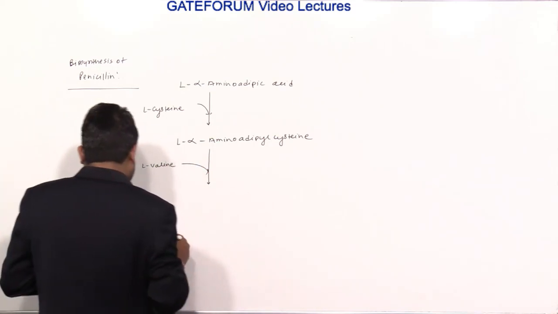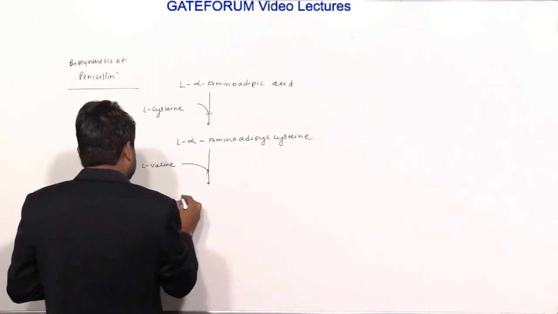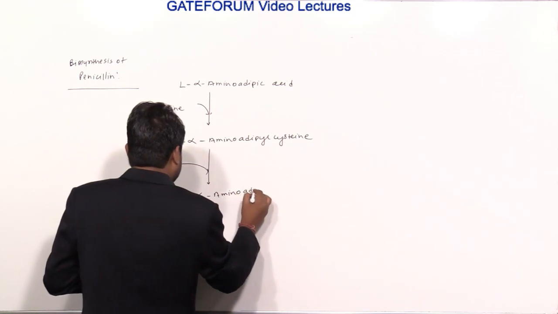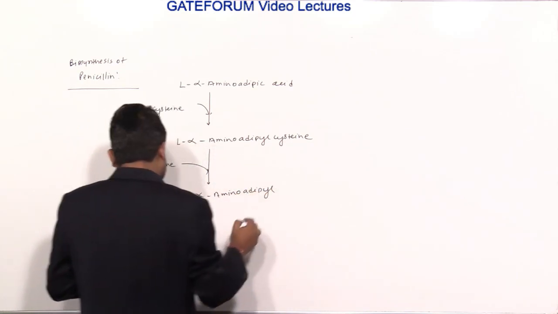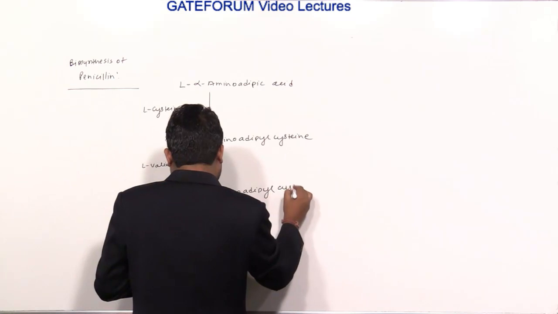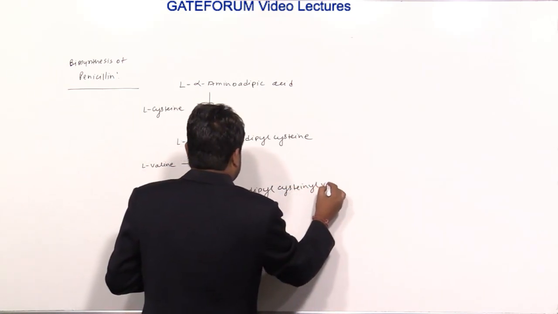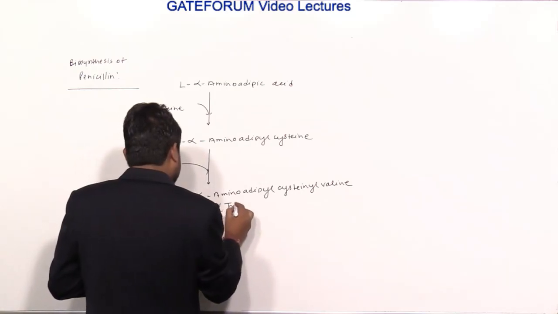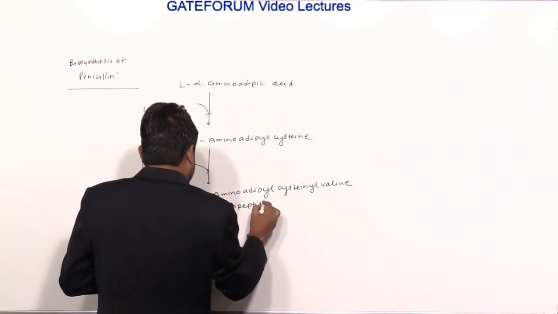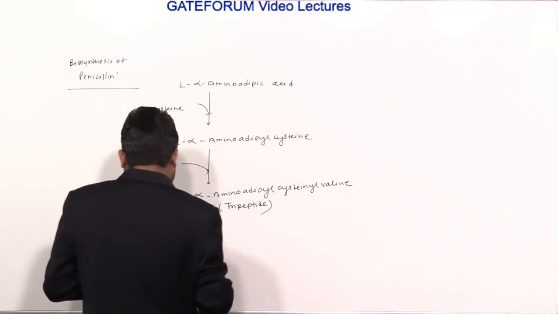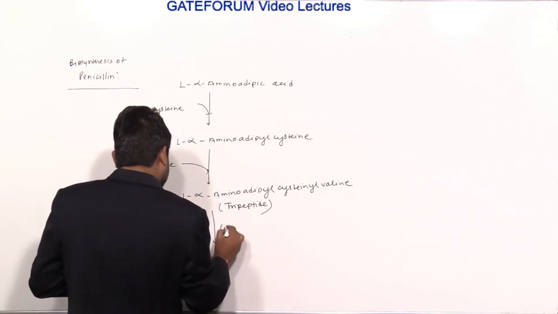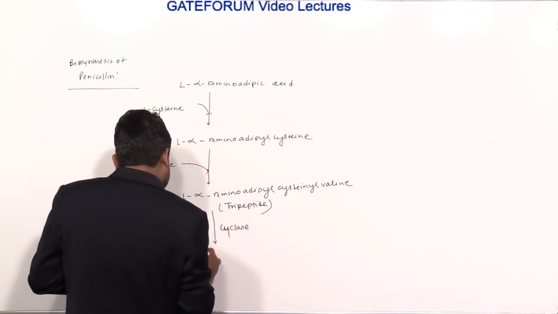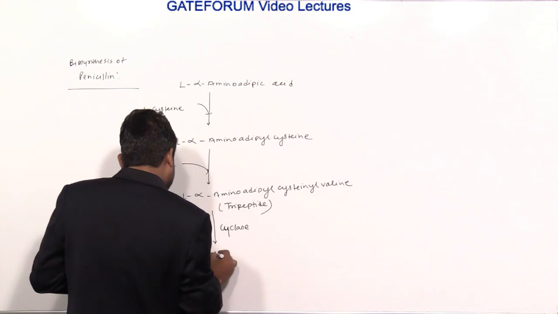and then the structure, L-alpha amino adipic cysteine valine, is going to be called the tripeptide. And if the cyclase is present here, that is going to form isopenicillin N,